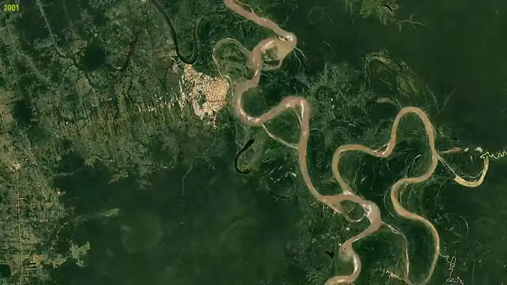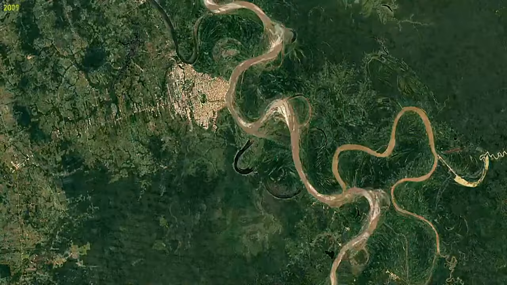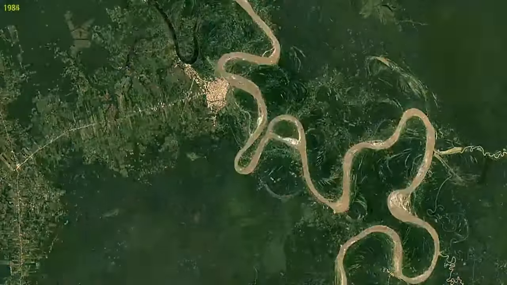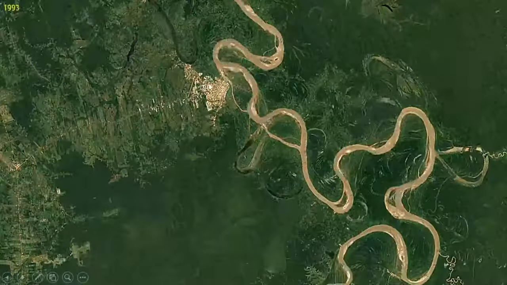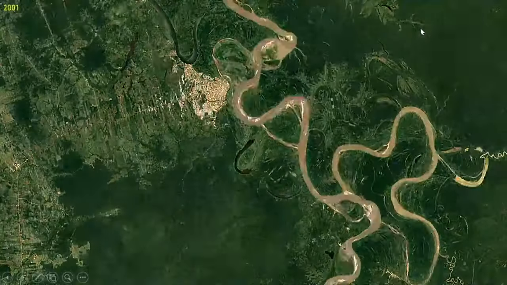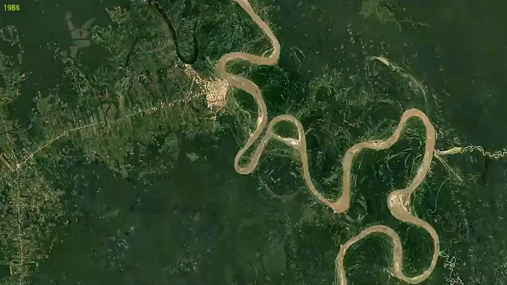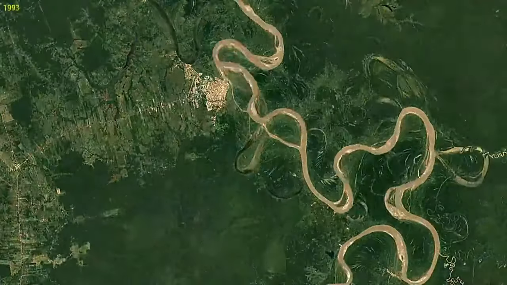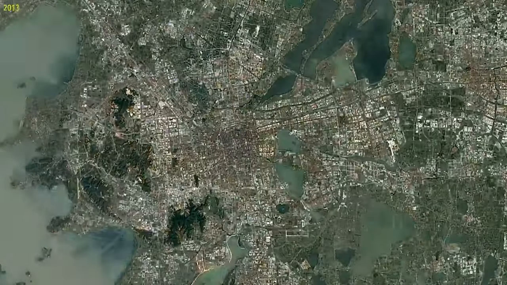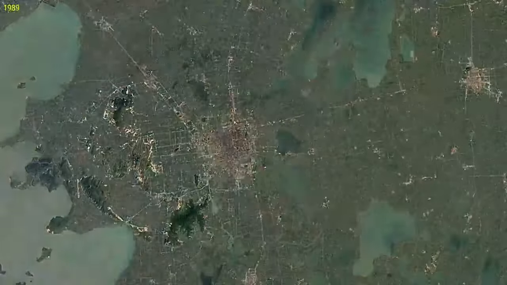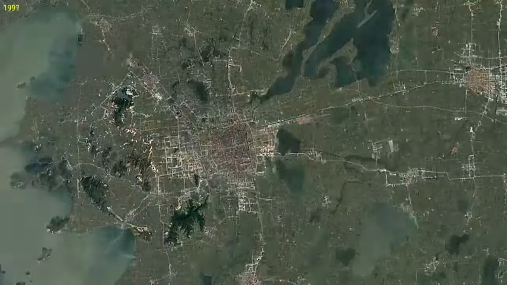Here you can see how deforestation is taking place, how the river is changing its course, and how the city is expanding, right? This type of time series analysis you can do for your area of interest quite easily using Google Earth Engine. In the same animation you can see how the city is expanding over time,